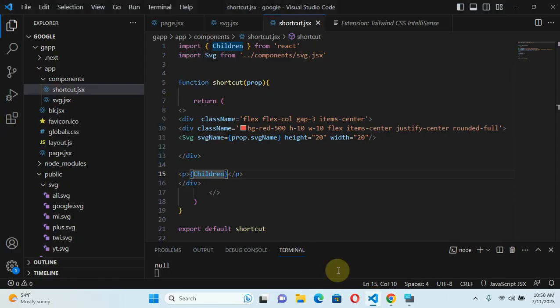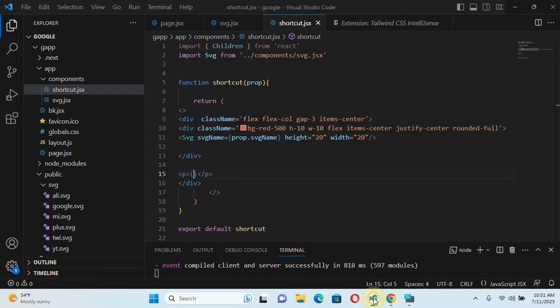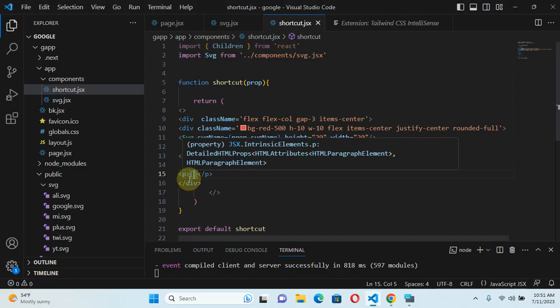The user interface is not loading. What might have happened? Okay, let's remove this, save and see. Compiled client. Okay, let's see, is it going to work? Okay, it works. But now